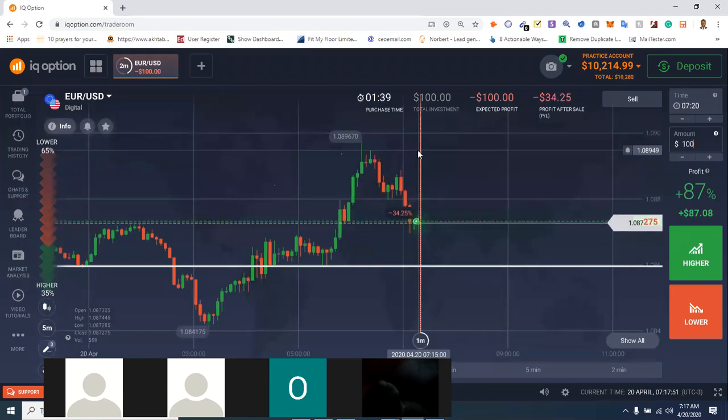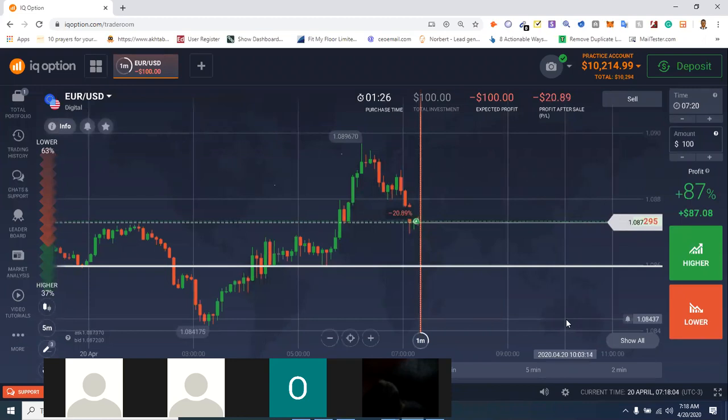When you are practicing, do it as if you are using your real money, so that you will know your errors. It was while I was practicing that I knew that I must not press this twice. If I didn't practice and I was using my live account straight, maybe I would have made a mistake and I would have lost a lot of money. So take note of that.